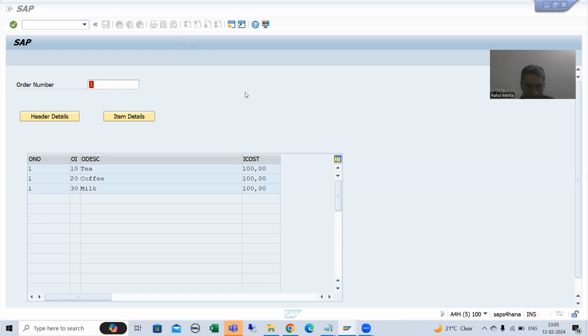Suppose if you see, this is a kind of table control. We all know whenever we want to display data in the form of rows and columns, we always go for table control with wizard. Now, but